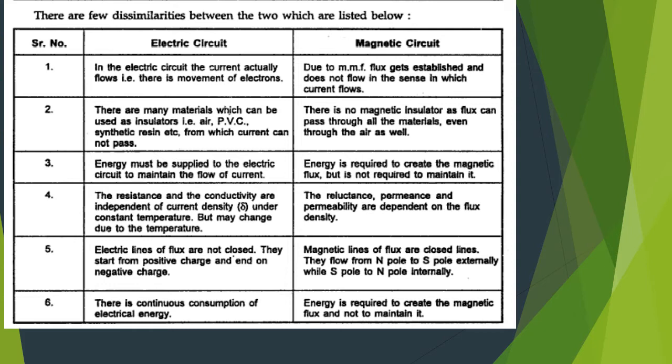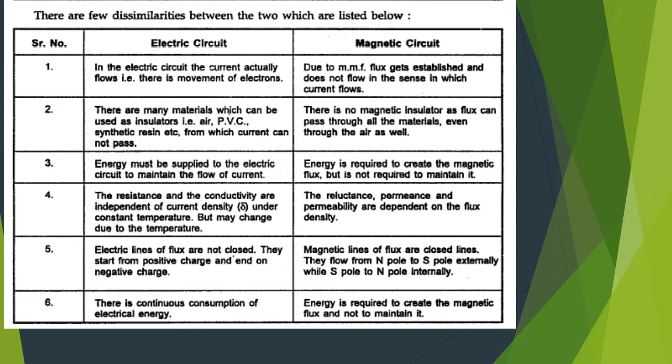If you remember, while discussing the magnetic circuit, we took a rectangular iron core on which we wound a coil of N number of turns. We pass a current I through the coil, and to pass the current we apply a battery, called the MMF over there. Due to the MMF, flux is set up within that iron core, and we want to know how much flux is established there.